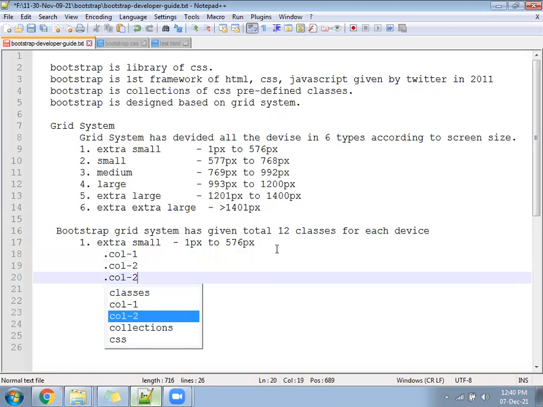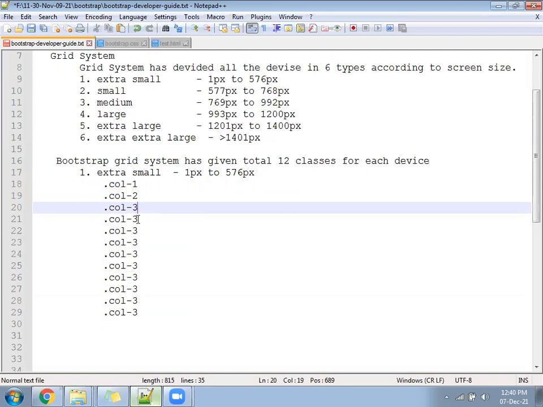How this 1 to 3 works, we are going to discuss. Then 4, 5, 6, 7, 8, 9, 10, 11, 12.